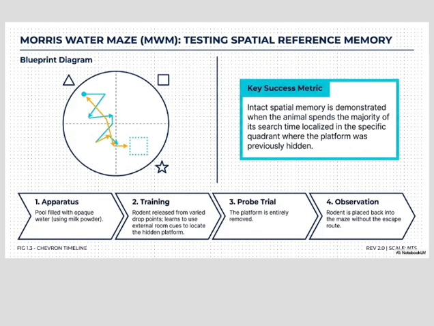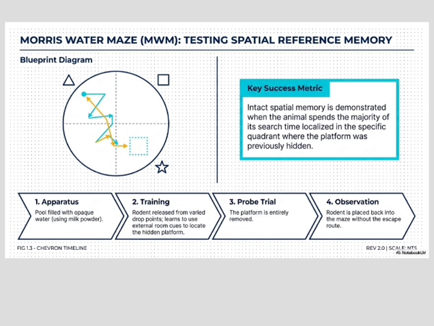Next is the Morris water maze test. This is considered one of the most important and validated assays for assessing spatial learning and reference memory. The apparatus consists of a large circular pool filled with opaque water. A hidden escape platform is submerged below the water surface. Rodents are trained to locate the hidden platform using visual cues placed around the testing room. The assay usually includes acquisition or learning trials, probe trials, and reversal learning in some studies. During the acquisition phase,